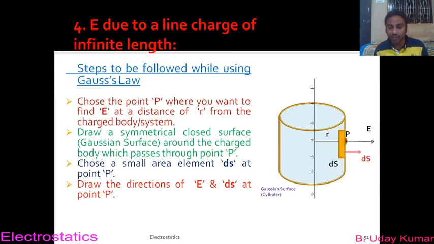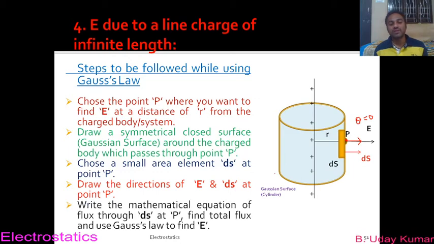Okay. Actually, at this point I have drawn ds sideways, but even here the direction of ds will be like this. So what is ds? ds is the small area element which I have chosen at point P, and remember, ds is a vector quantity and its direction will be perpendicular to the area itself. So we call it the area element, the area vector. So E and ds both will be along the same direction here. That means the angle between E and ds will be 0 now. Okay, and what is our next point?